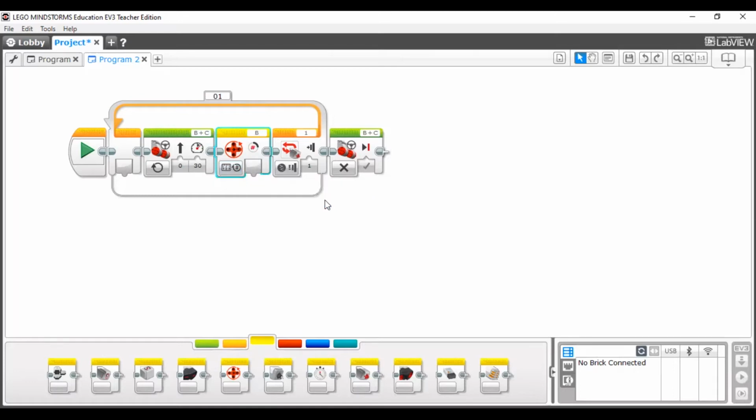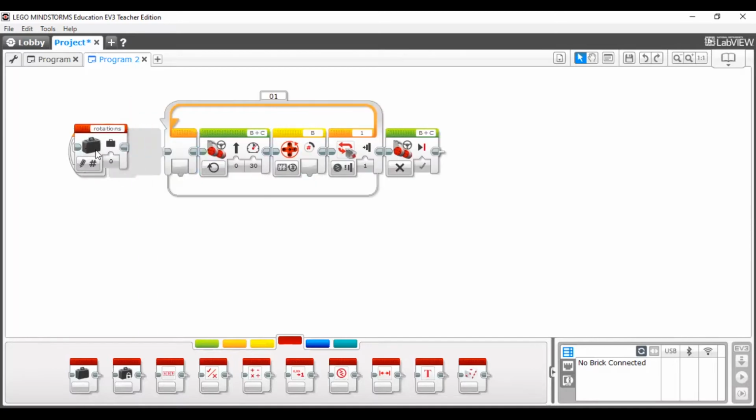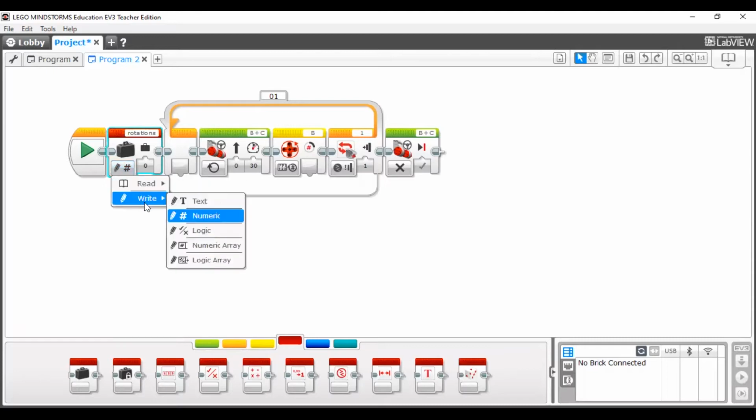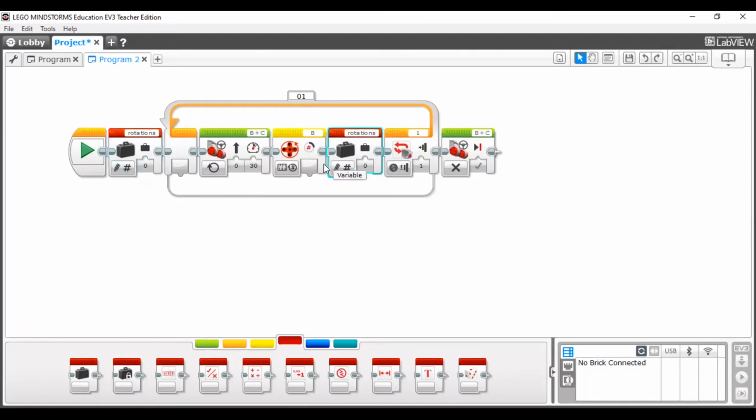Okay. Now see, if you want to keep this always remaining, we need some extra thing, that is a variable, because we want to keep this value somewhere. So if you want to use variables in your program, first of all we need to initialize. So I'm initializing with the numeric value, and that value is 0. Then after that I am storing these rotations in a sensor. Okay, it's a very simple one.